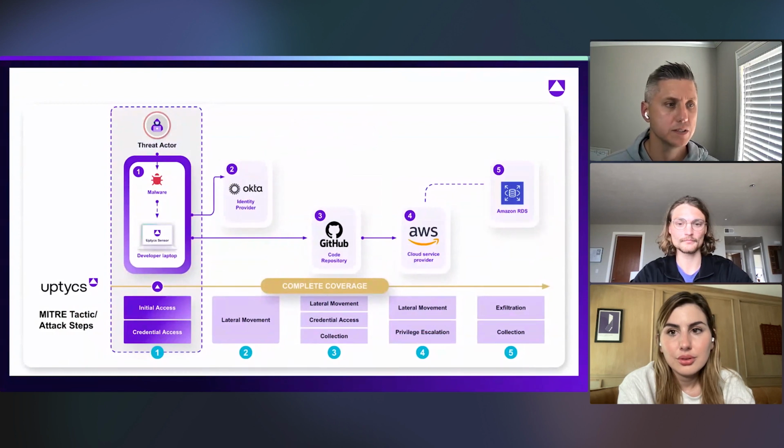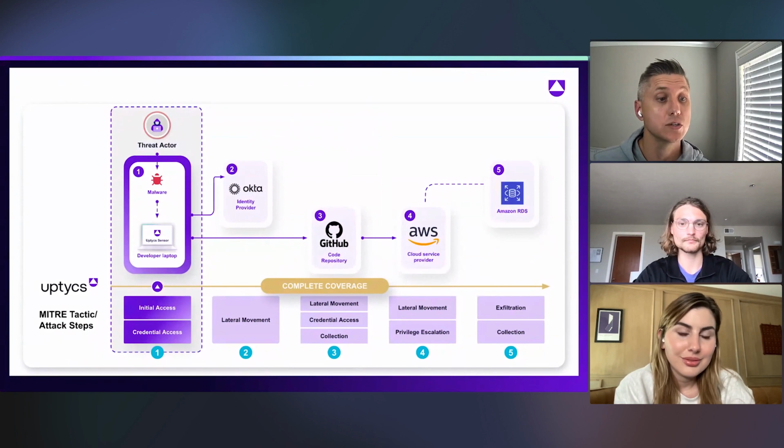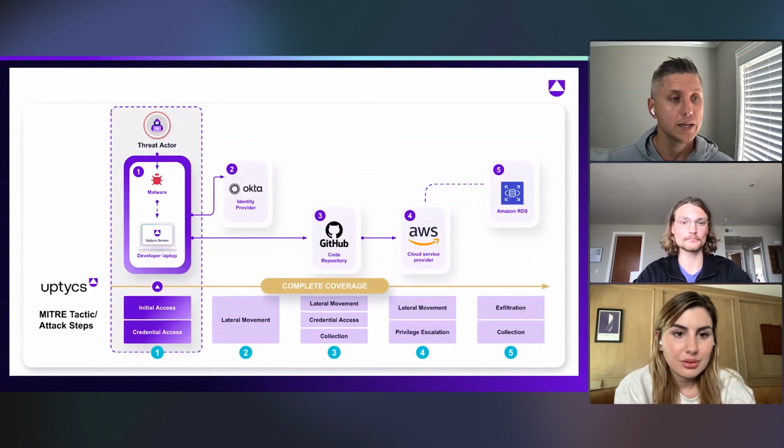An example of this: nation state actors have impersonated companies and hiring managers and sent job offers to candidates. And as soon as they open the job offer, it executes malware. So what we're seeing here is initial access: the developer downloads malware. And then if we go to the next slide,